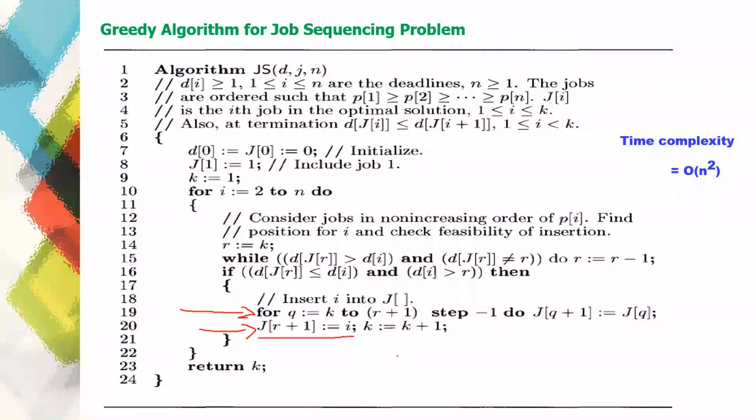Okay, so this is your greedy algorithm for job sequencing with deadlines. And the time complexity of this algorithm is big O of n square. So for each